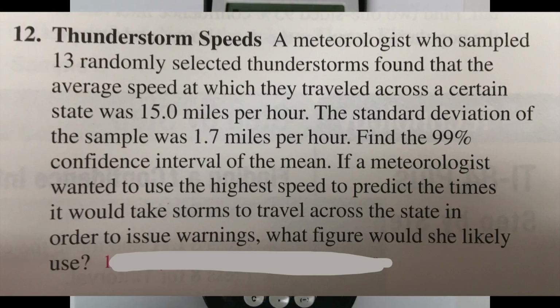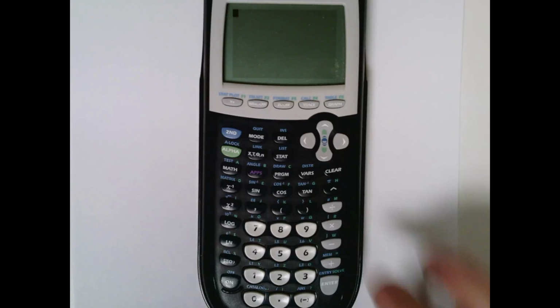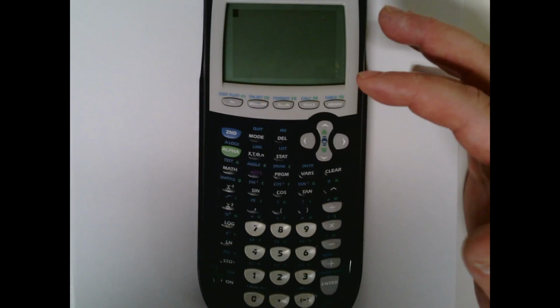Alright, so the other one is the T interval. So let's do thunderstorm speeds. A meteorologist who sampled 13 randomly selected thunderstorms found that the average speed at which they traveled across a certain state was 15 miles per hour. The sample standard deviation was 1.7 miles per hour. Find the 99% confidence interval of the mean. So we're not going to go any further, we'll just do that. So on the calculator,